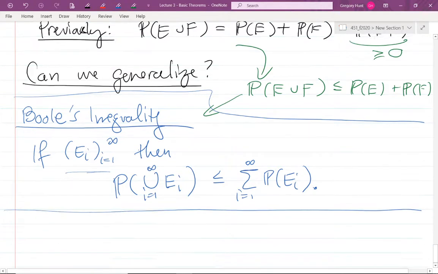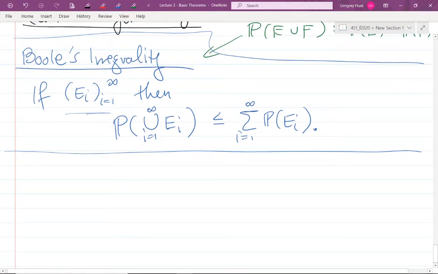Okay, let's look at how to prove this. This one's a little bit of a trick, but not too bad. It's a little more complicated than some of the other theorems we've seen so far. This really is calling for the use of axiom 3. That's really what it's calling for here.